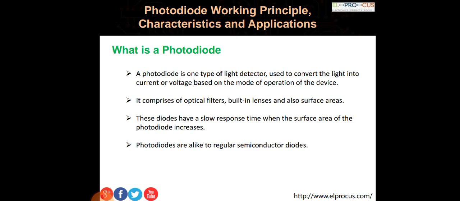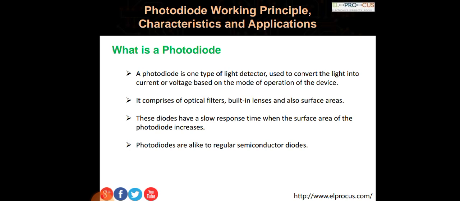Then it is also used with optical fibers. Optical fibers are materials which are used for communication purposes. So communication purposes means in mobile wiring, or you can say in satellite communication, or if there are transmitter and receiver circuits, then for that wiring purpose optical fibers are used. So it is always used with optical fibers.